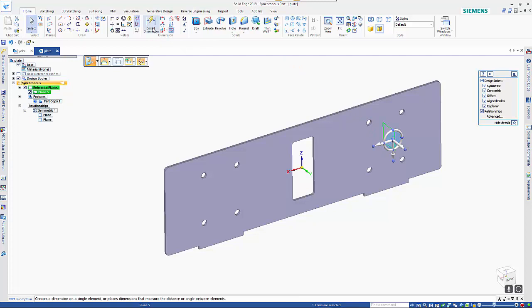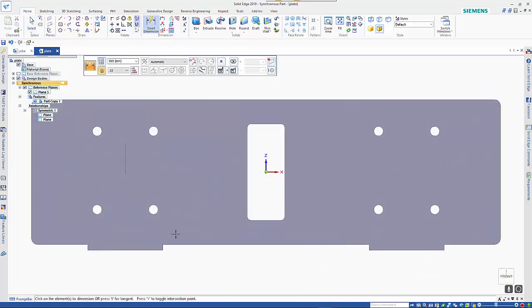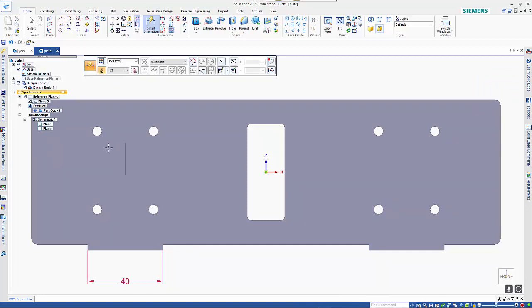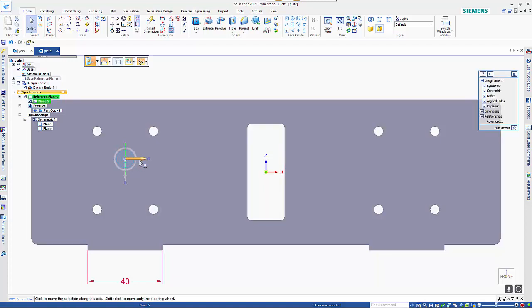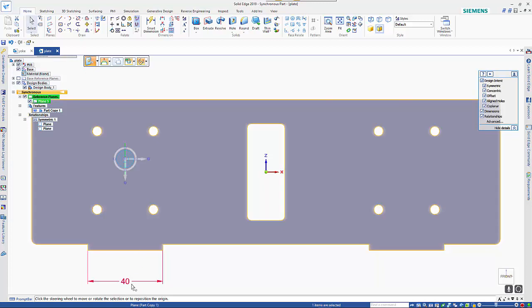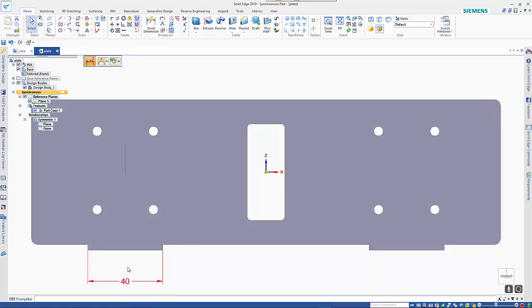For further control, we could apply some smart dimensions, and now if I dimension that width, and we'll lock that in, and if we adjust here now, you'll see that it's keeping symmetry about the center line plus symmetry about the plane as well. Likewise, if I come in here and start adjusting that,